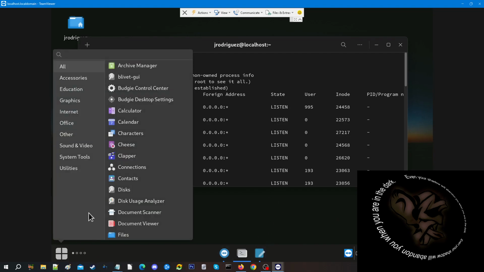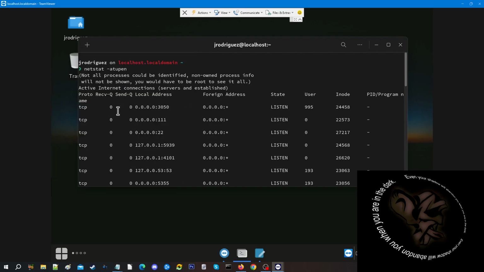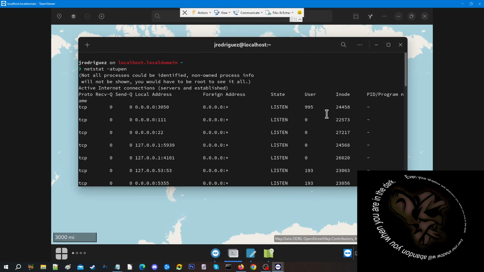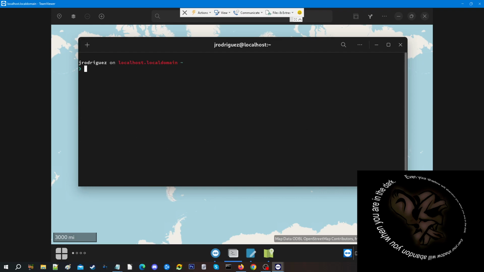let me open up another application. Let's see. Let me pull something else up. Maps, just for the hell of it. Let's see what happens. We got this. Now, if we clear all this and then run the netstat again,